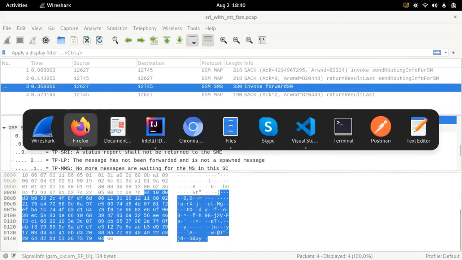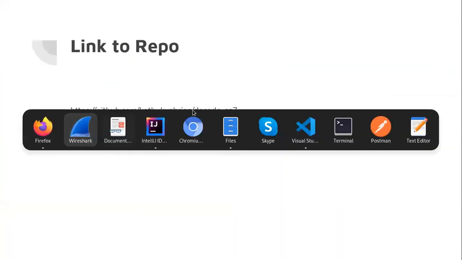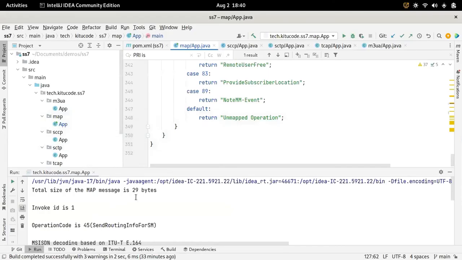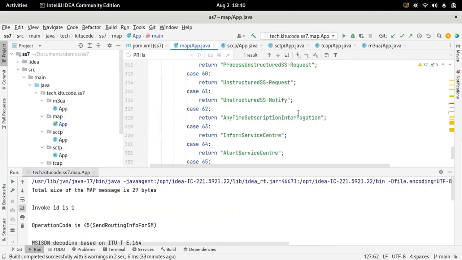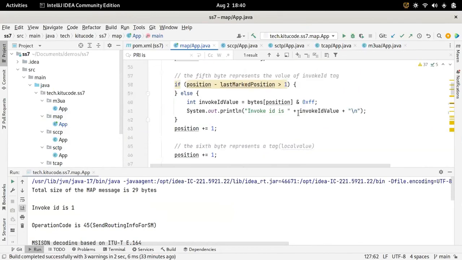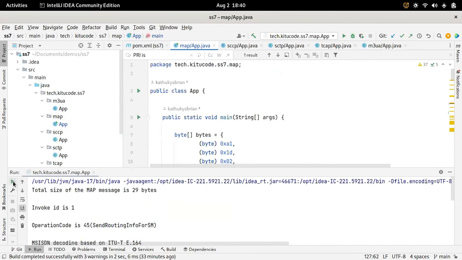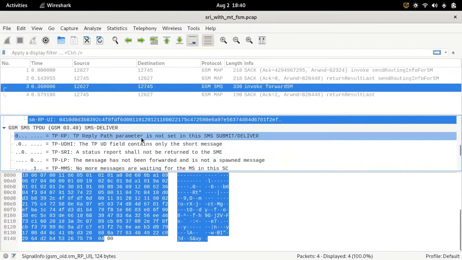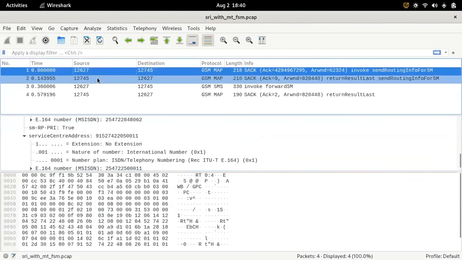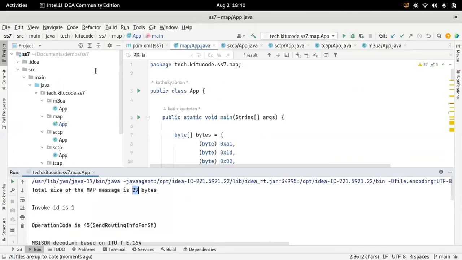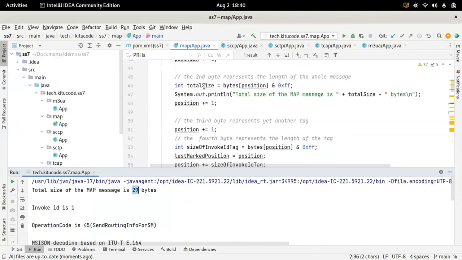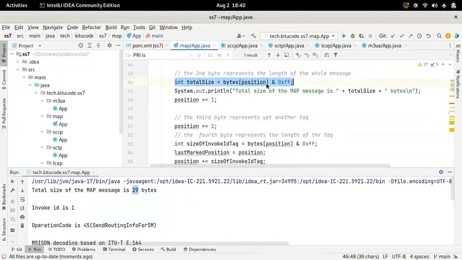Yes. Now the next part is the part where we just did something extra. We did the actual decode. We played around with what we learned, and we can just run this and see what we have. So the total size of the MAP message is 29 bytes. That is for the first one. This should be 31 bytes actually. It's 29 because by the time we get to this point, we've already